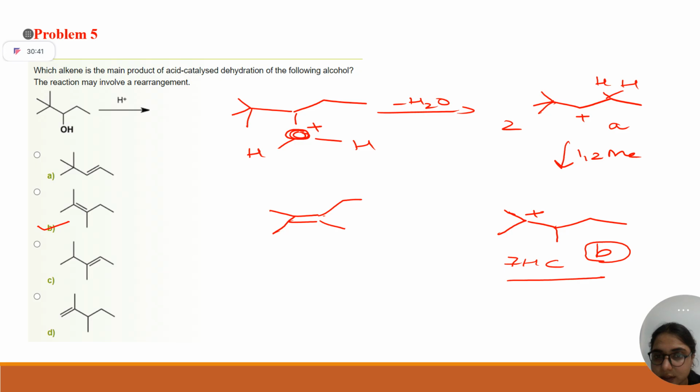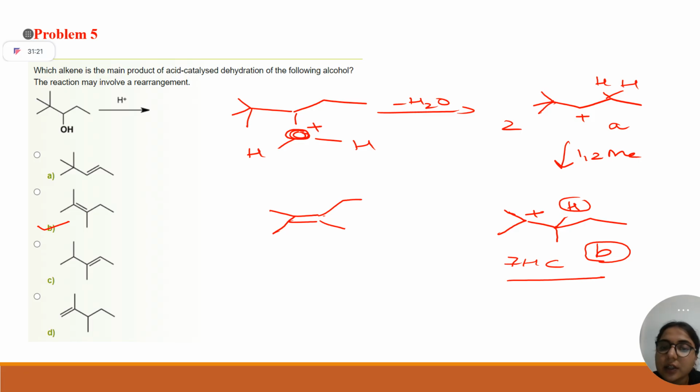Ma'am, after this B, when we are getting the main product, how is it forming? See, water is still there in your medium, right? Water will take this H plus, make a negative charge here, and it will form the olefin. Because now this proton is acidic, as it is near the carbocation. When it goes as H plus, it will leave a negative charge here, and the positive and negative form a bond. That is your olefin. Clear?